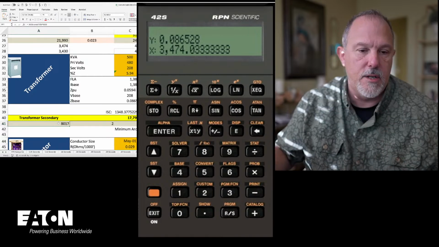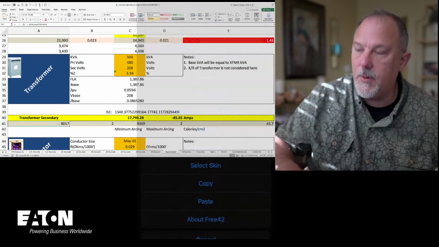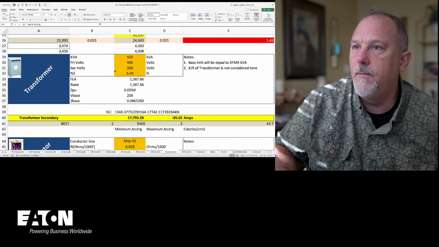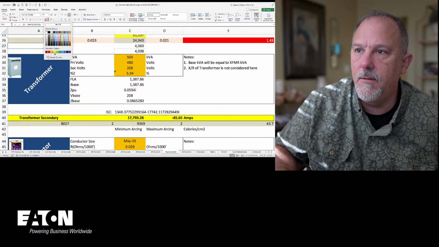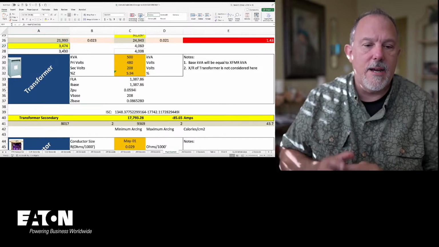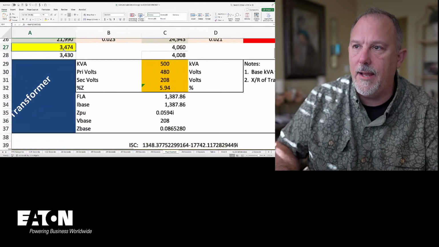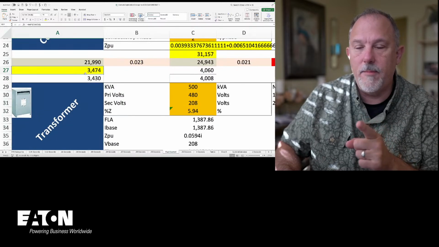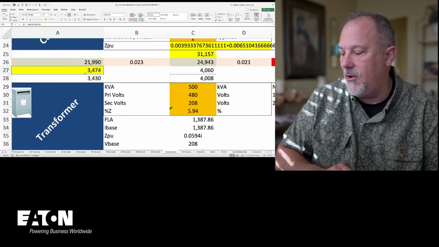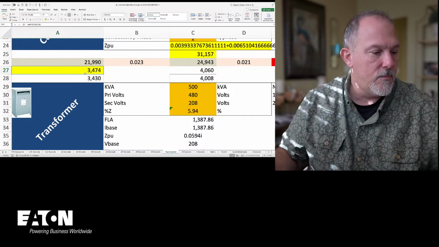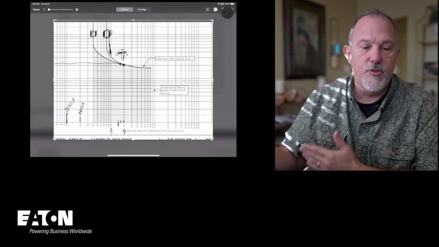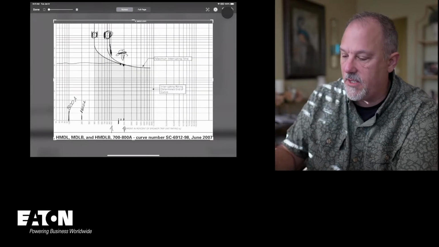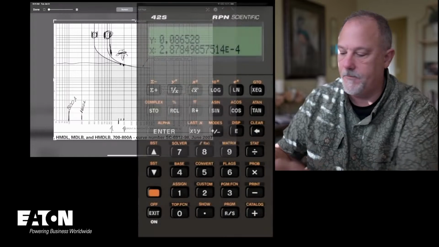3,474 amps. And if you look on my spreadsheet, here's my 3,000. I'm going to highlight that in yellow. There's my 3,474 amps on the primary. So now what I got to do is, remember, I'm on an 800 amp breaker. I go back to the trip curve. Now, where am I at? At 3,474, I take